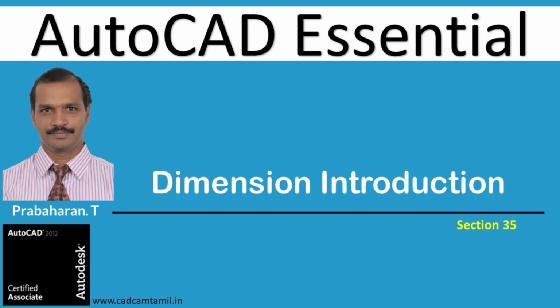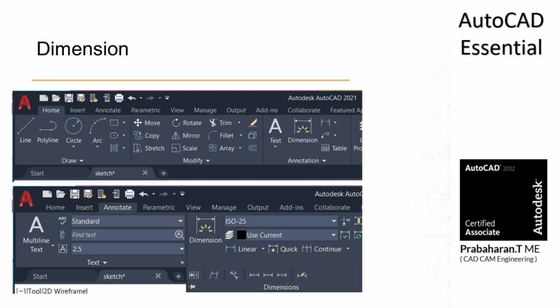This is session number 35. We are going to discuss dimensions. So these dimensions are available in AutoCAD under the annotation ribbon. Okay, so as of now we are using an international standard of organization system called the ISO 25 system in our